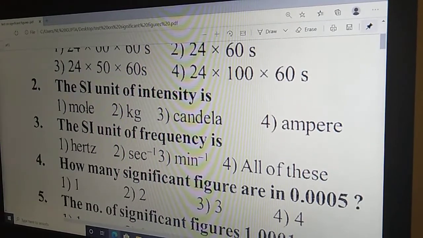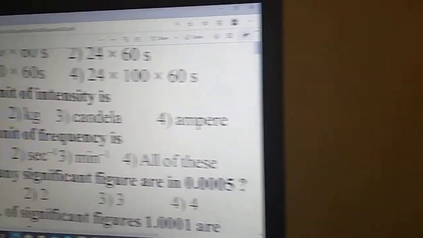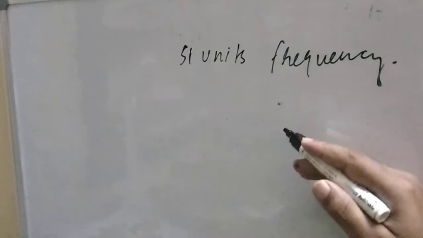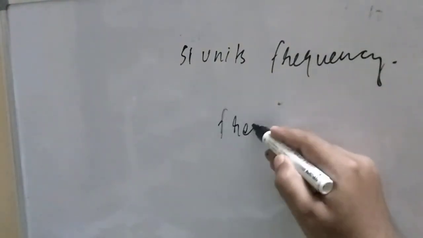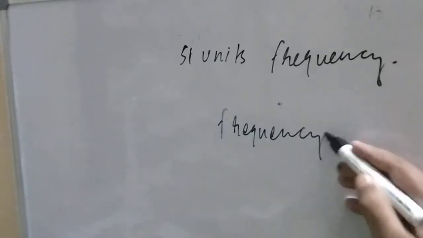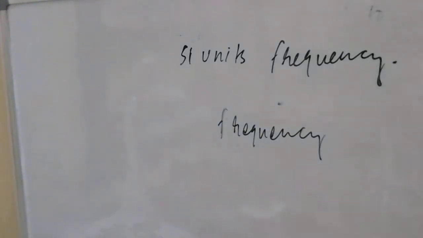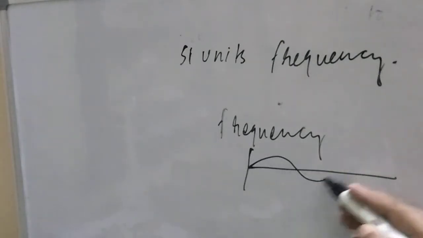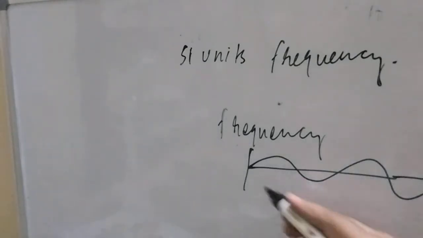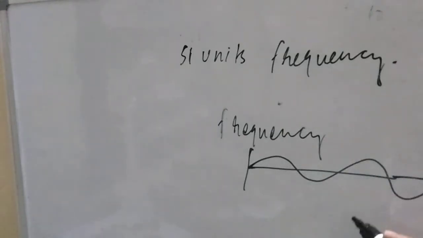Okay, so if you want to check, the first option is okay, student, hertz, because it is named after the scientist Hertz. Now let us check with the SI. First of all you should know the frequency. What is the meaning of frequency? Frequency means number of rounds per second. Okay, so in 1 second, if there are waves running like this, how many rounds is it taking? That is what is known as the frequency, student.